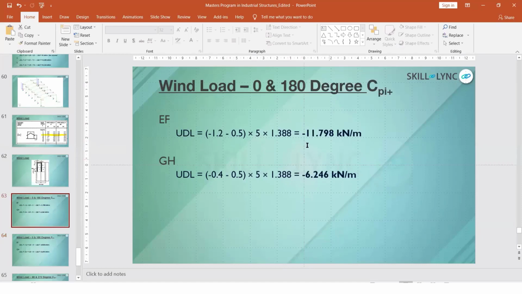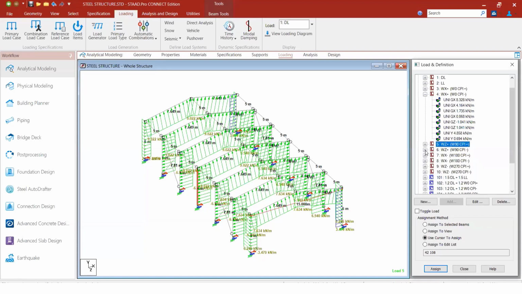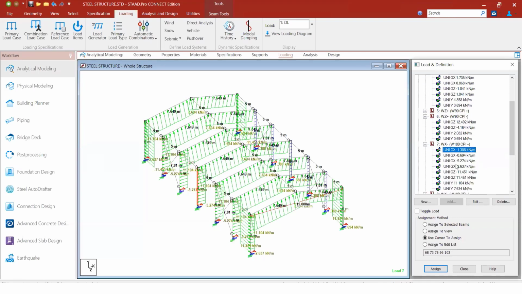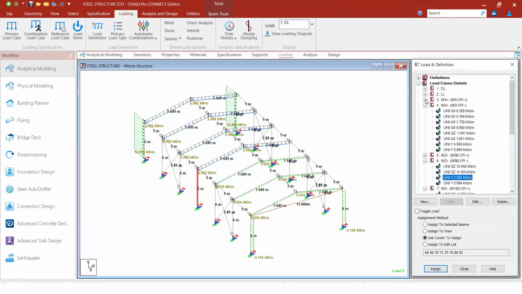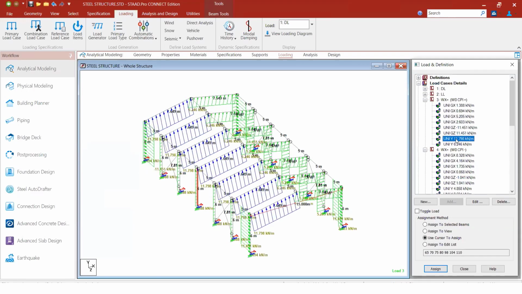And if you see this value, it's 11.785. And I have applied it here in the model. I have just differentiated here, right? These are the values I have applied. If you see the top rafter, I have applied 11.78.